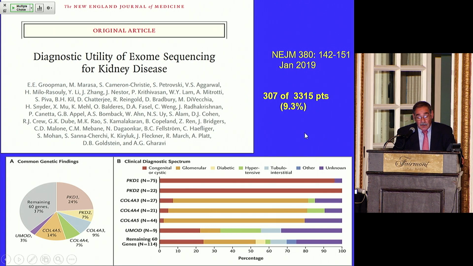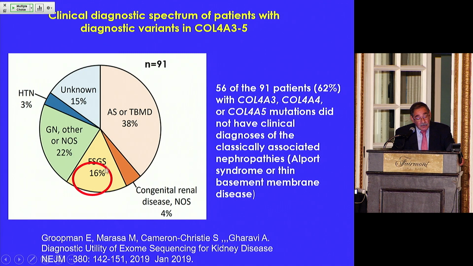Let me show you this on one more slide. Here it is. Many were mistaken as focal sclerosis, other glomerular diseases, but again, the biggest group was Alport's and thin basement membrane disease. So if your patients have a family history and you can't find the cause, it's worth doing the genetics because you may find out they have a TRPC6 or a podocin defect, but they're just as likely to have a thin basement membrane, a collagen defect, and be a heterozygote for that than anything else. In fact, 56 of the 91 patients with collagen defects did not have clinical diagnoses at the time.